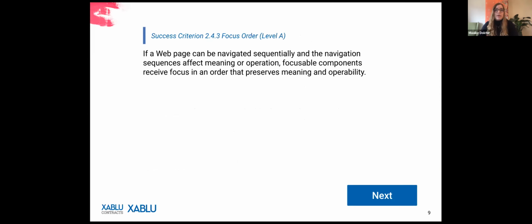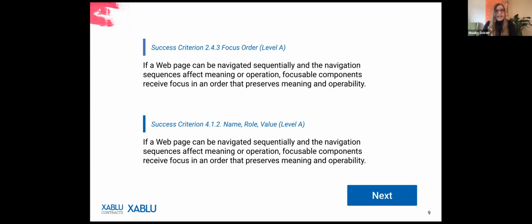So it makes, for example, no sense to jump from the far left item on your screen to the far right item and then return to a left item. You wouldn't normally do that if you would interact with a web page. So you also need to define a normal sequence for users who use a keyboard. And also assistive products actually need to know what the elements are. So that can sound a little bit vague, but becomes clearer if we take a look at another success criterion,